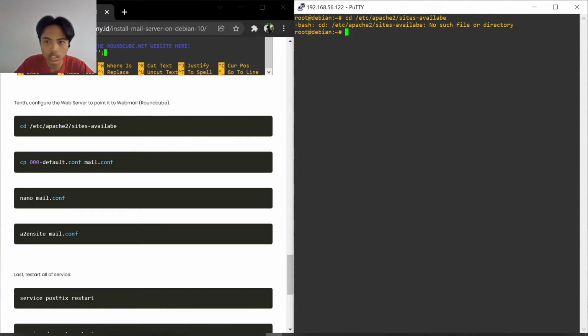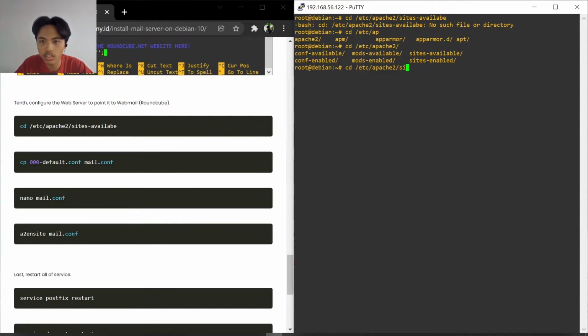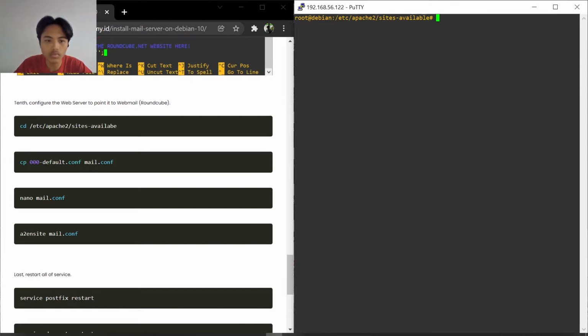Sorry, cd /etc/apache2 and then sites-available. Here, clear the command. Maybe this is a typo. I will fix it as soon as possible.